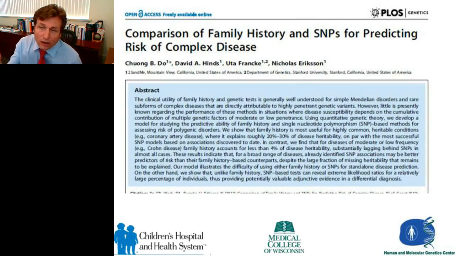The other part, here's a slide. I forgot that I put that in. This is the paper I'm talking about, and I think this is a good read. It goes in and it talks about where these different diseases are and where they can be used, and I'll talk some more about this as we go through the process.